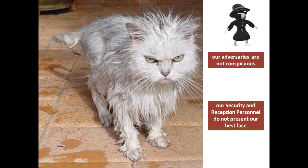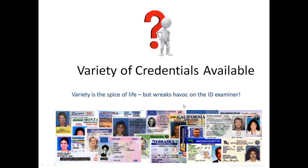So when we look at it, we have two sides of that coin. We have adversaries that are not conspicuous. We also have a security or screening person who has a problem. Now, a lot of people don't realize the first thing folks